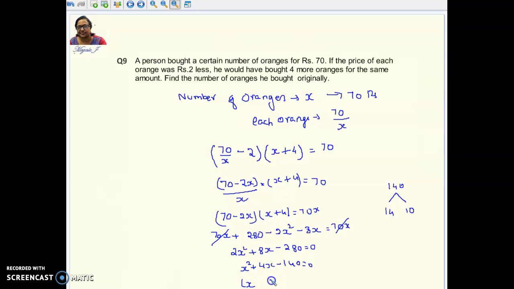x, one is going to be 14, the other is going to be 10. For the sign here, it is positive, therefore this is going to be positive, this is going to be negative. So from this we can say x is equal to minus 14 or plus 10. You know it is a real value, actually you can't have a negative number of oranges, therefore the answer is x is equal to 10. Find the number of oranges bought: the answer is 10. That's it. We'll see in the next class.